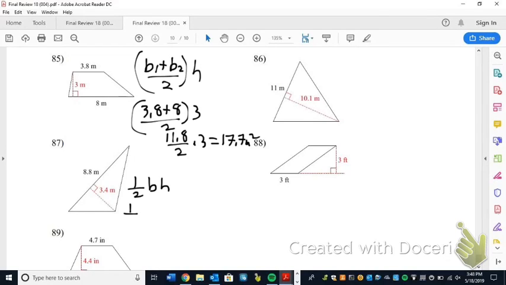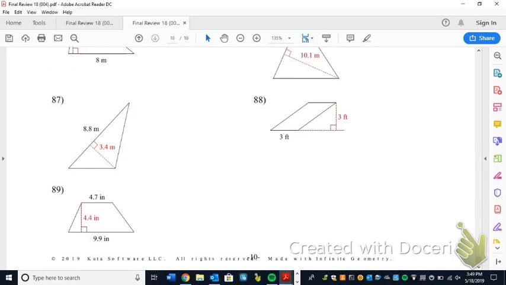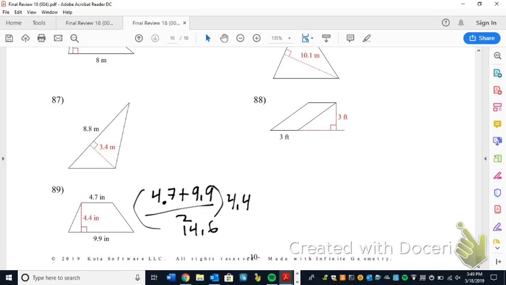87 is area of the base times the height divided by 2. So we're going 8.8 times 3.4 times 1/2, or 14.96 meters squared. And finally, we have 89. Another trapezoid, 4.7 plus 9.9 over 2 times 4.4. Plug that into a calculator, we get 14.6 over 2 times 4.4,